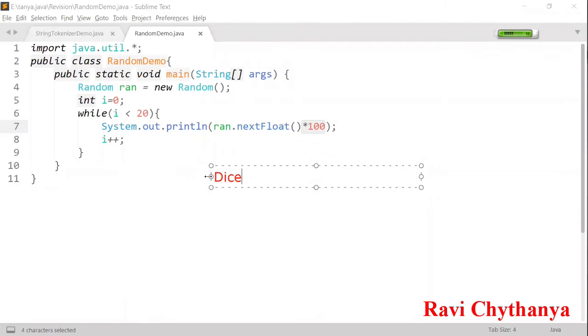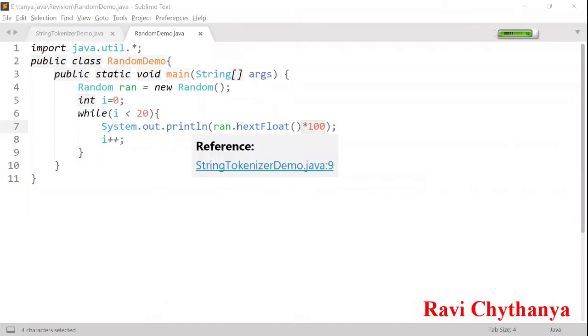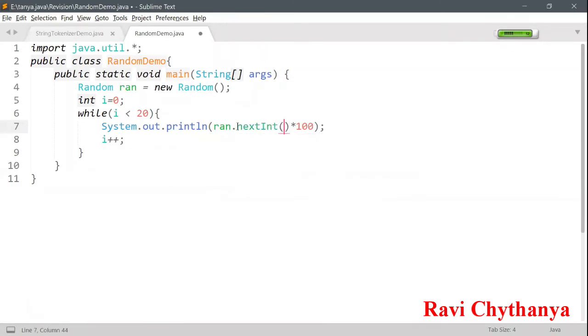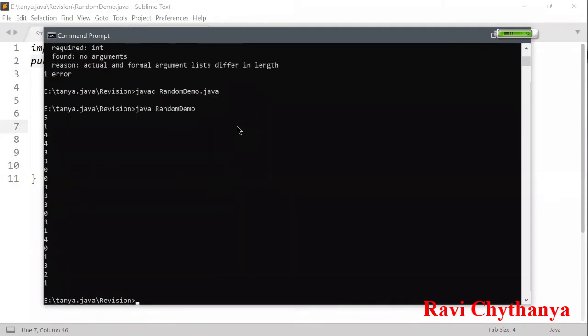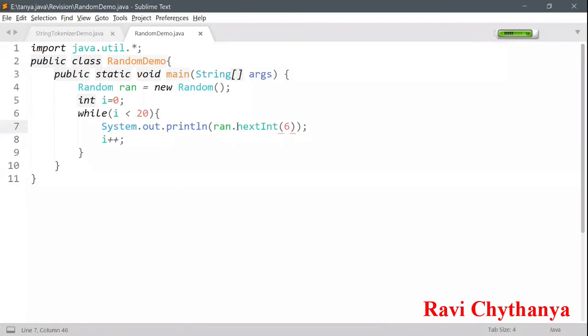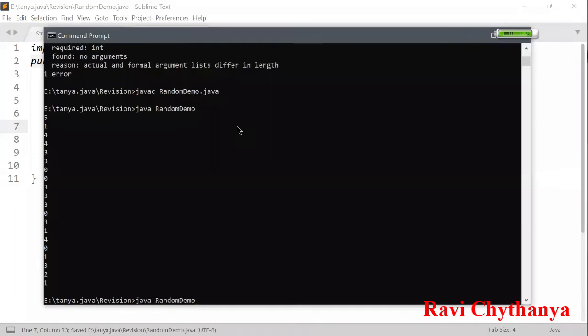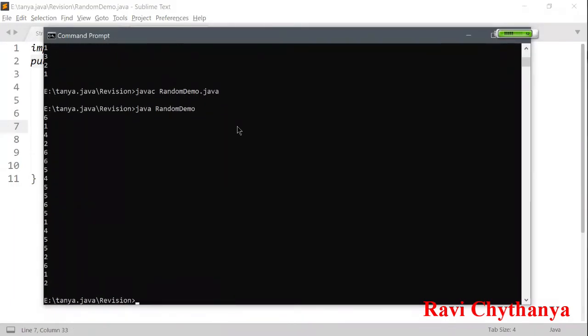Okay, so this is not a perfect example, but just for an example, I have given you this one. So next int of 6. Okay, so 20 times I'm throwing a dice here, and the dice is going to give us 1 2 3 4 5 6. And I have mentioned, right, so I need to use this one. Right, first it has 6, next 1, next 4, next 2, next 6, 6 5 4 5 5 6 5,